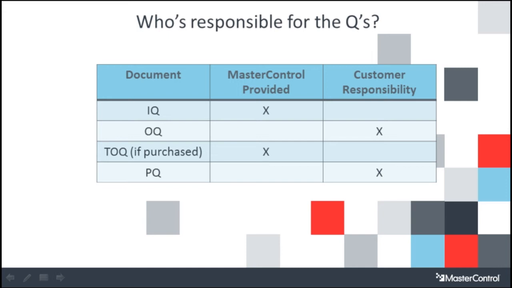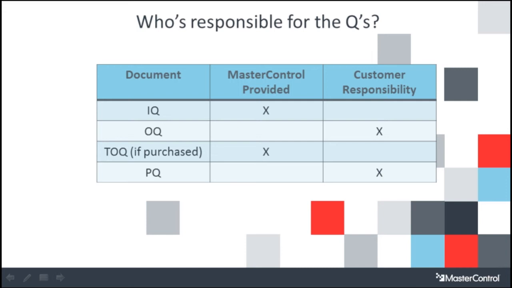So the TOQ is really where it comes into value. The nice thing about the TOQ is that you purchase it once, and as long as you pay your MSA on it, it still renews. So when you upgrade, you get the new TOQ, so you don't have to do it again. So it's like the fountain of youth when it comes to